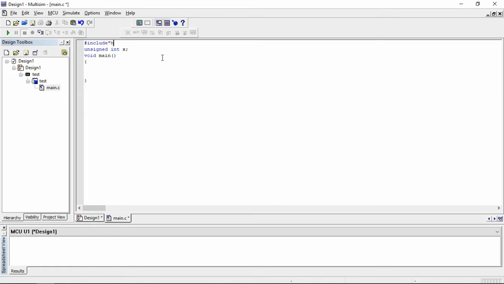Yeah, it's a lot different when we move from one compiler to another. Okay, so port 2 is all one. Let's put some delay,